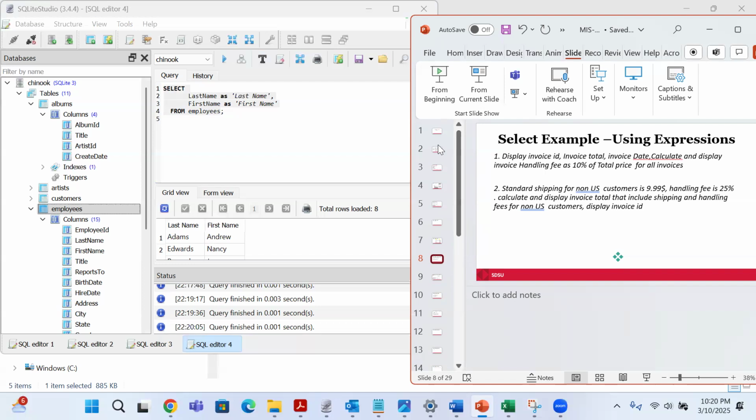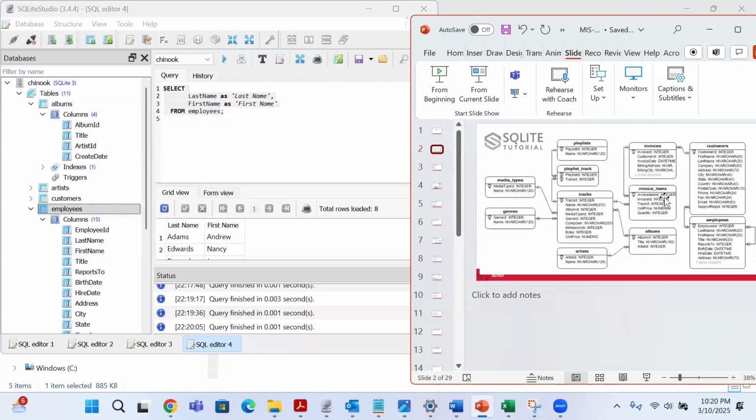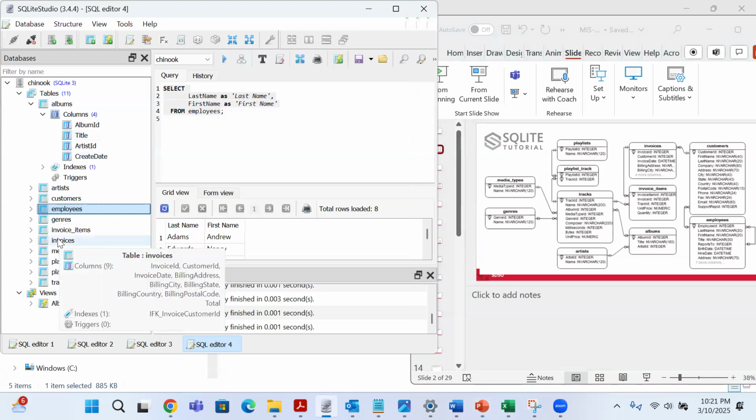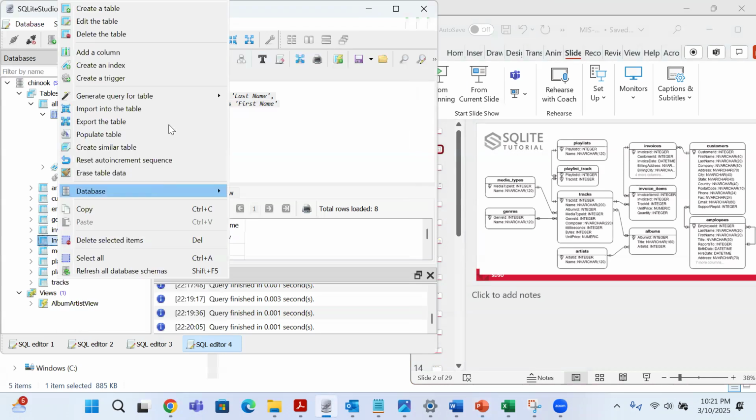So I will need to look where to find the invoice data. So invoice data most likely is going to sit in the invoices table. And the invoices table has multiple fields, so I know that I need to get data from the invoices table. Let me find the invoices table, and